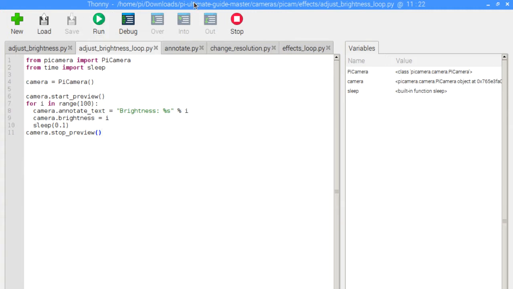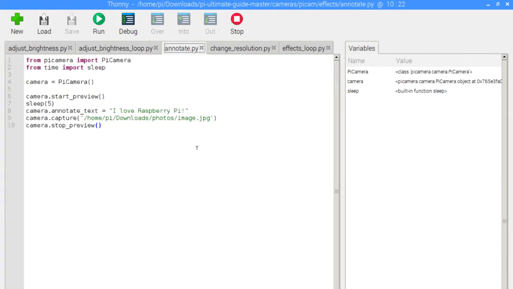Next up, we're going to look at the Annotate.py script, and in here we are demonstrating, actually we just saw this, how we can annotate an image and put some text on it. The only change that we make from the traditional programs with taking an image is that we have camera.annotate_text equal to, and here we can put in whatever text that we want to write on our image. So I'm just going to go ahead and run this. This is going to sleep for 5 seconds and then take the image, and it should superimpose that text on it for us. So I'm going to go ahead and click on the green arrow, and it should take our script,